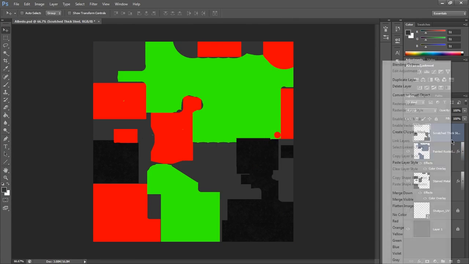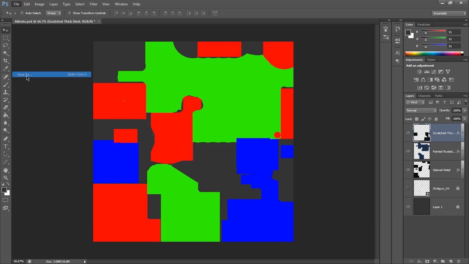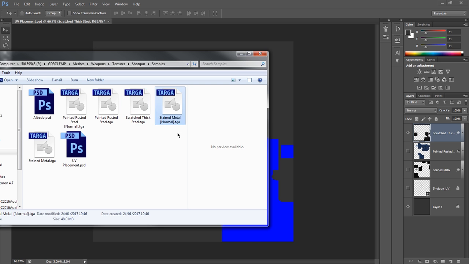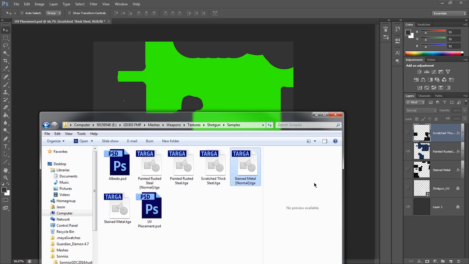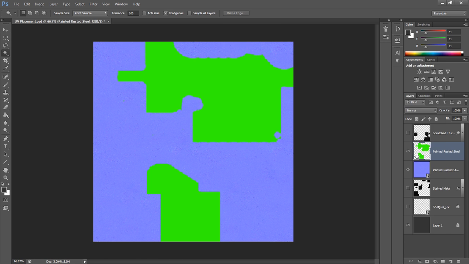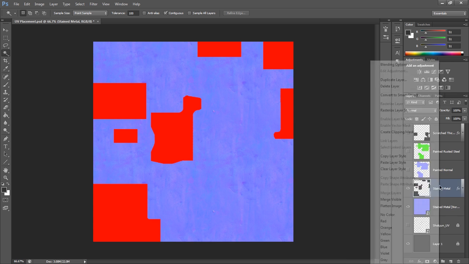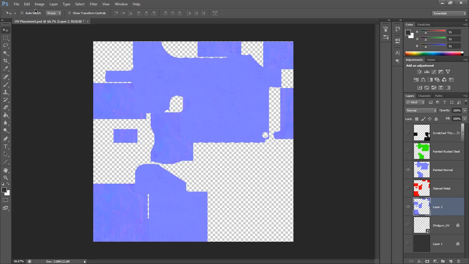So after I created the albedo map, I'll be moving on to normal. Here I'm color coding the sections so I know where all the texture samples should be. When I place in the normals, I know what area I can and can't keep. So it's just a case of placing it in the correct area.